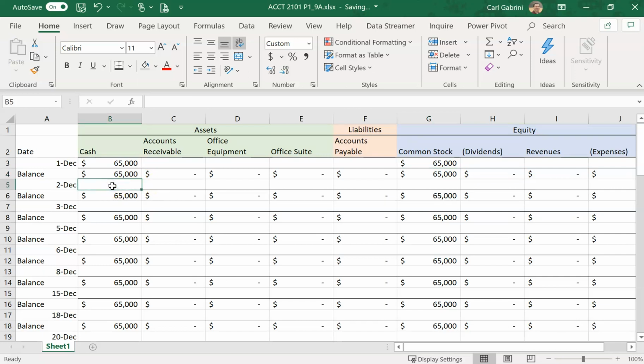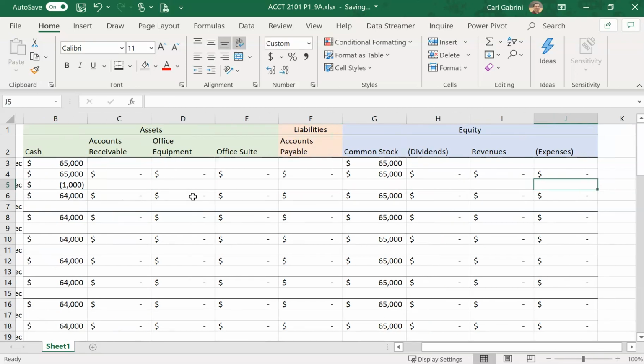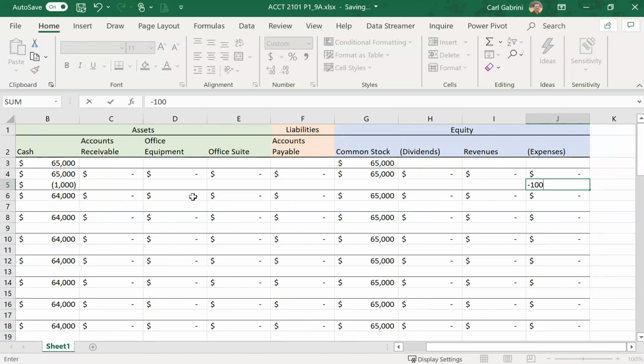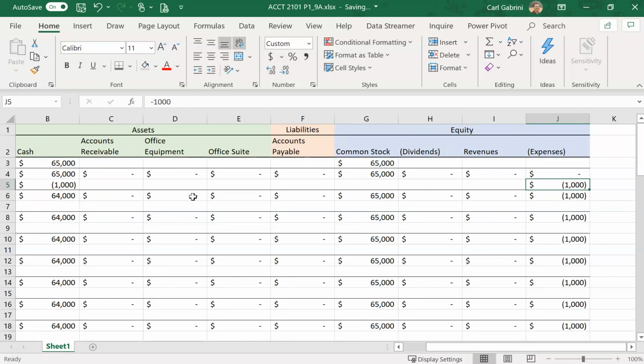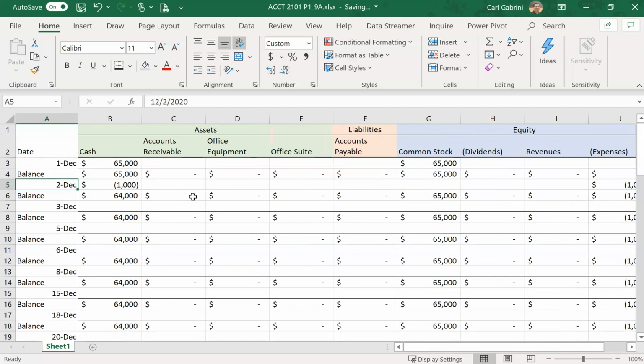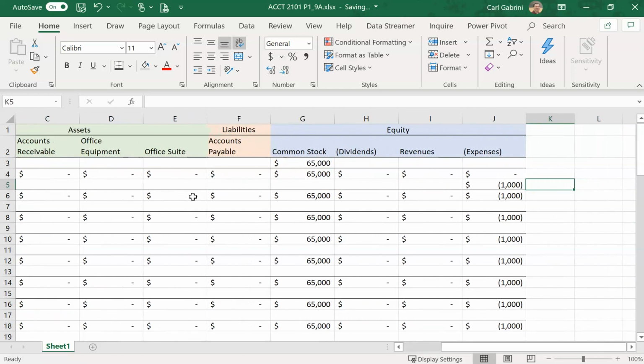Then on December 2nd, what happens on December 2nd? The company rented office space and paid $1,000 cash for the December rent. And so that paying $1,000, well, that means that they have had a reduction in cash. And so I enter that in as a negative number because we want it to show a reduction in cash. And then we also have negative $1,000 here because we want to show it as a reduction